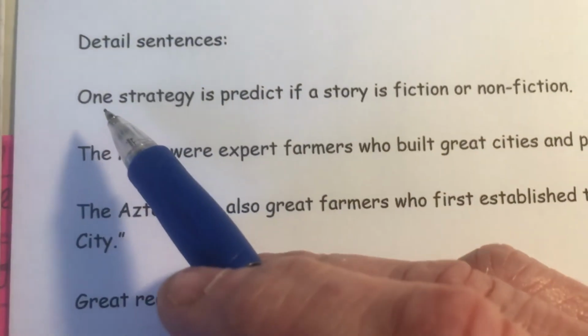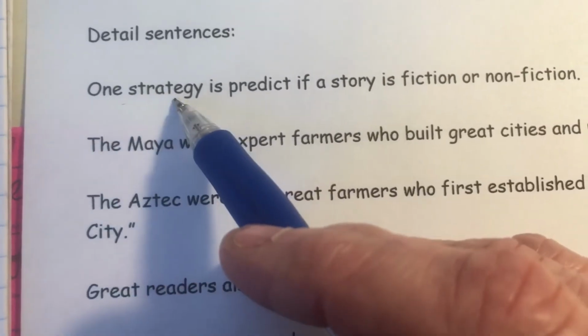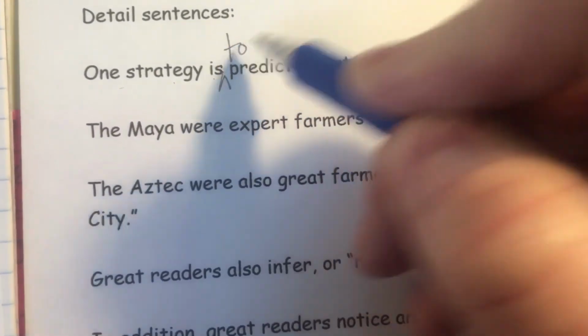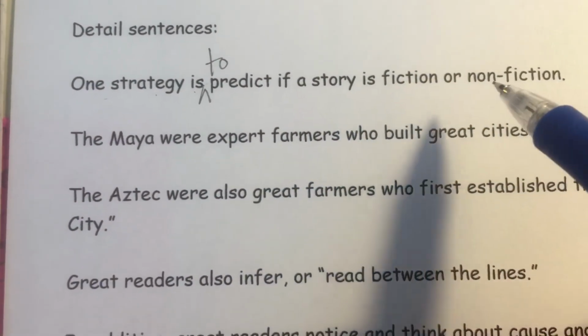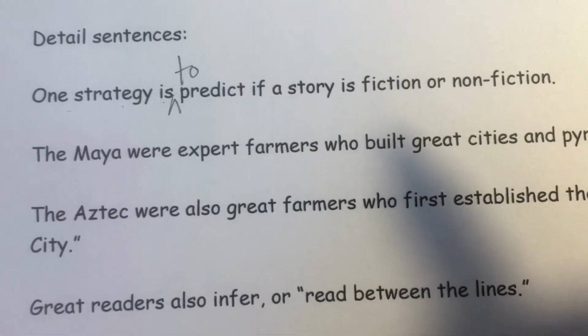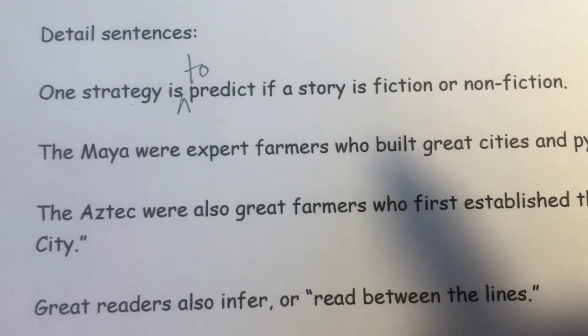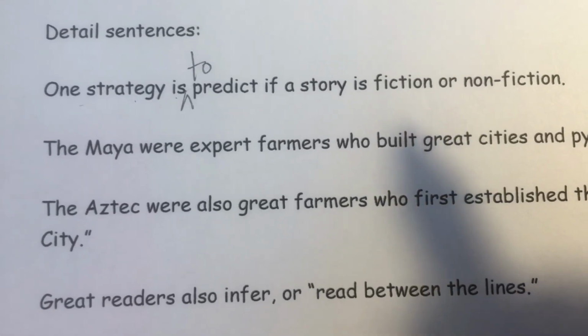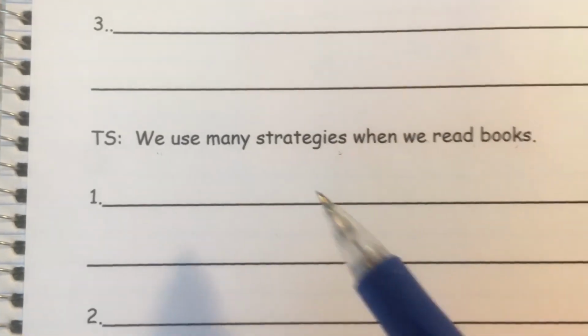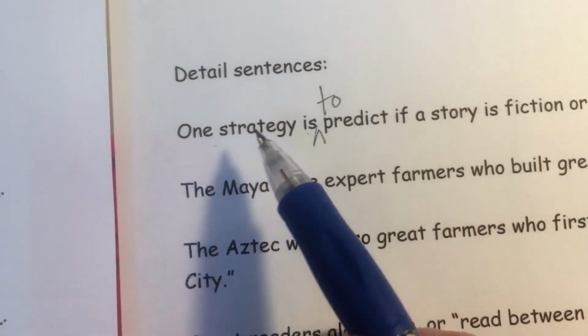Okay, so here's our first detail sentence. One strategy is, I guess it should say, to predict if a story is fiction or nonfiction. Right? Every time we read, before we get going, we always ask ourselves, does this seem like it's fiction or nonfiction? All right. Is that sentence about the ancient Native Americans and their great civilizations, or is that sentence about the reading strategies we use when we read books? Well, yeah, it's about